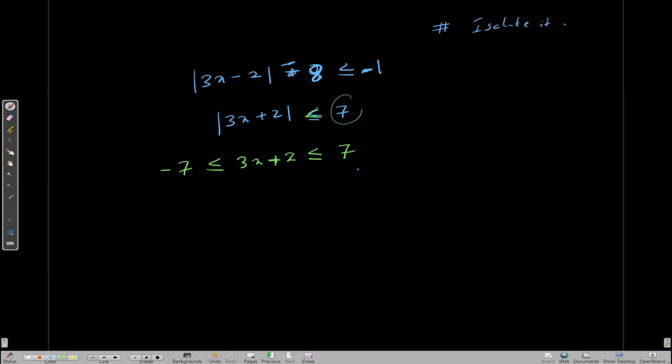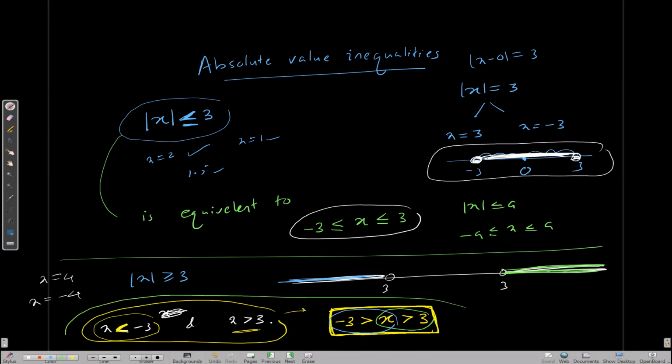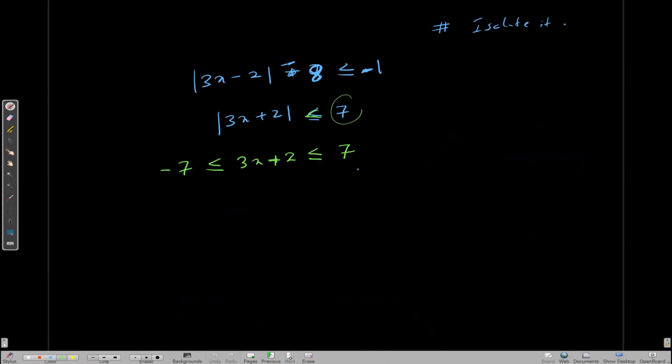Now you can actually see why it works by comparing with our previous page, with this part and this part. Now this is a linear inequality. So minus 2 from all three parts, so you get minus 9 here, 3x here, 5 here. So x, when you divide by 3, negative 3, and